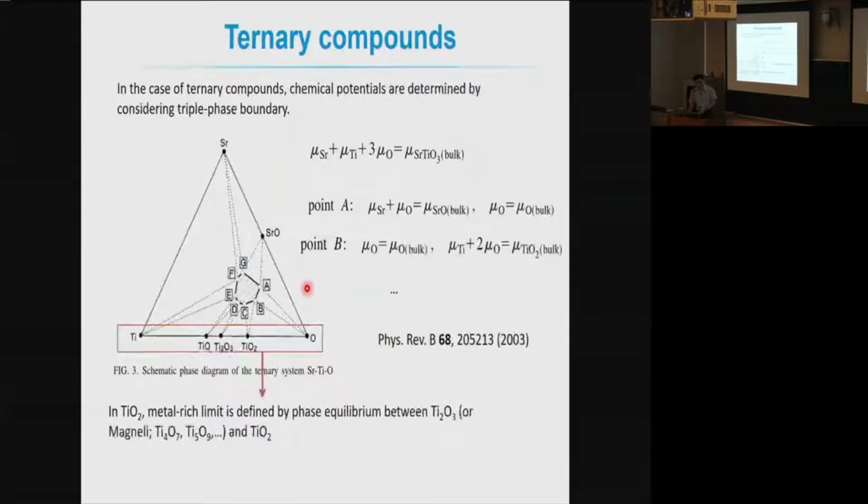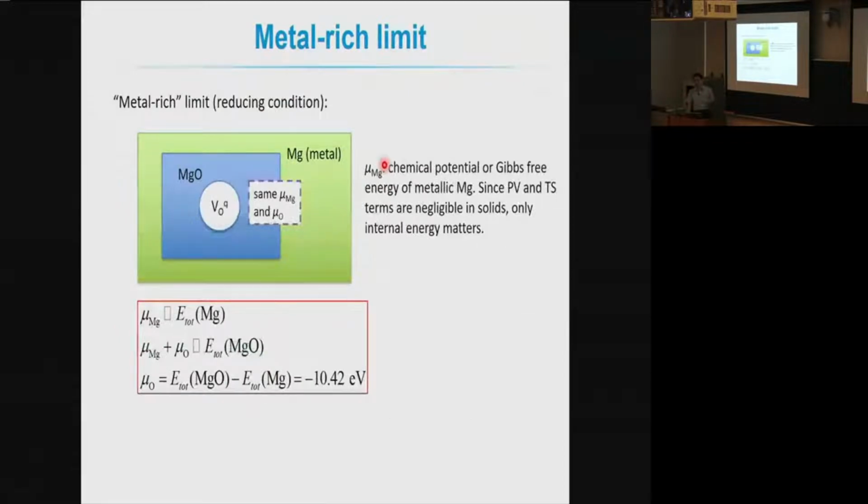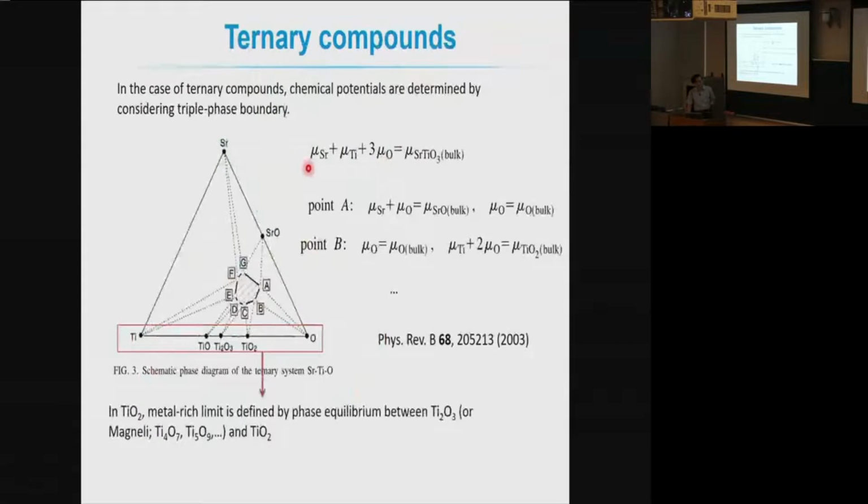All right. In the case of a ternary compound, for instance, strontium titanium oxide, you have the three elements: strontium, titanium, and oxygen, right? So in order to extract this oxygen chemical potential, you need a three-phase equilibrium. In the previous case, you have only two elements, magnesium and oxygen. Therefore, the equilibrium between the two phases is enough to define the chemical potential. But in this case, you have one more component, which means that you need three-phase equilibrium to specify the